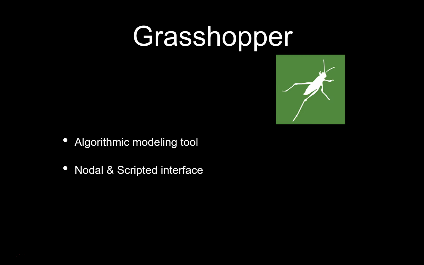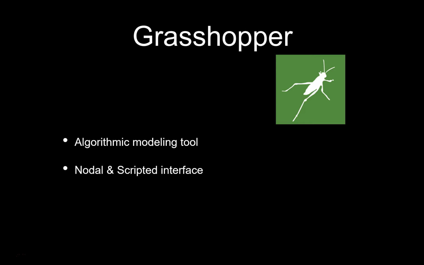Grasshopper is an algorithmic modeling tool. Algorithms are mathematical expressions, and it's got a nodal and scripting interface, and it can create some pretty cool patterns. Dan, the man, has been teaching that for many years. It is not your standard sort of modeling interface. It's more of a nodal or scripted interface. If you're familiar with programs like Unreal, or TouchDesigner,